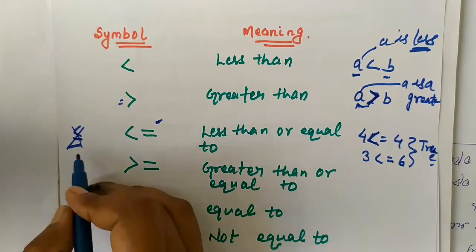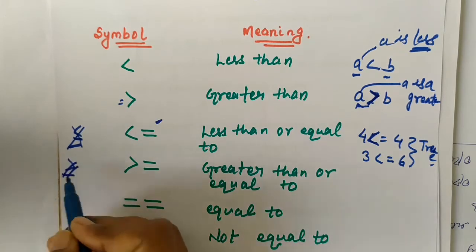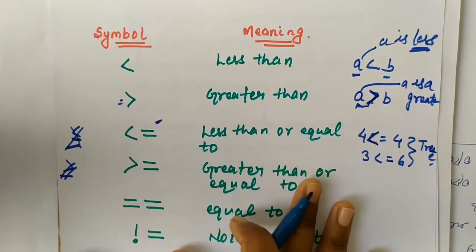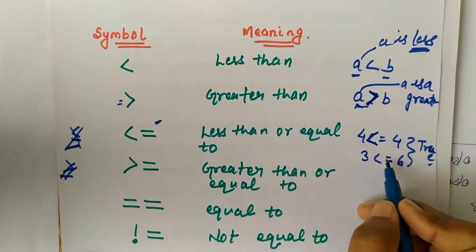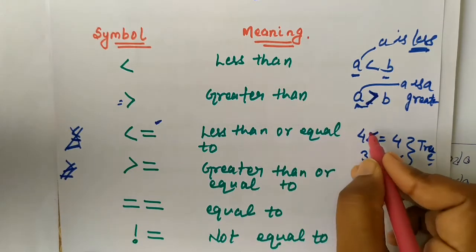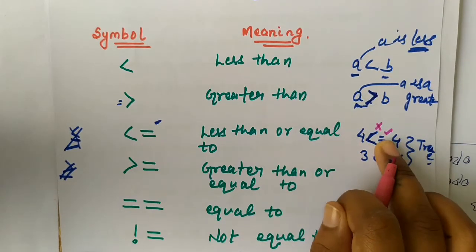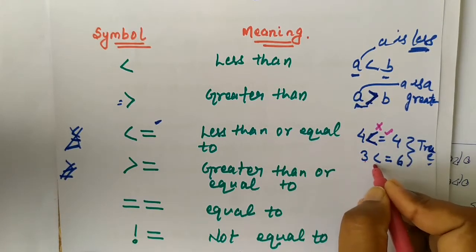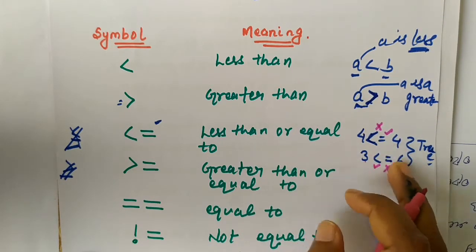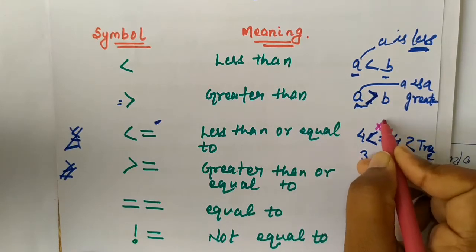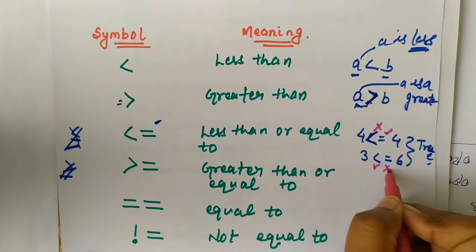And also for greater than or equal to, in mathematical form it is written like that, but in Java we use it like this, so you also use this sign here. So 4 less than or equal to 4, 3 less than or equal to 6. 4 is equal but not less than. 3 is less than but not equal. So there are two things: the first is true, the second one is false.